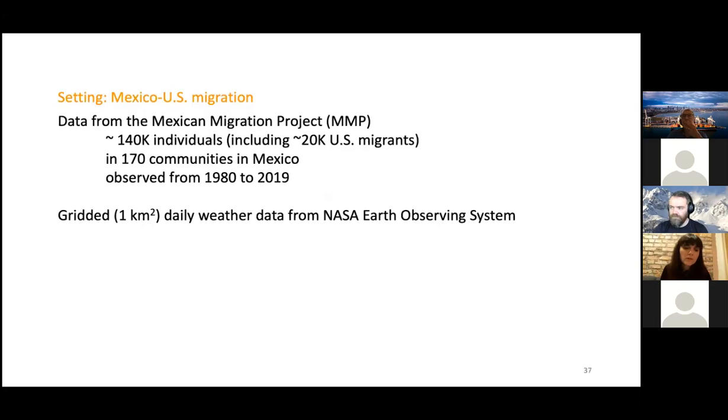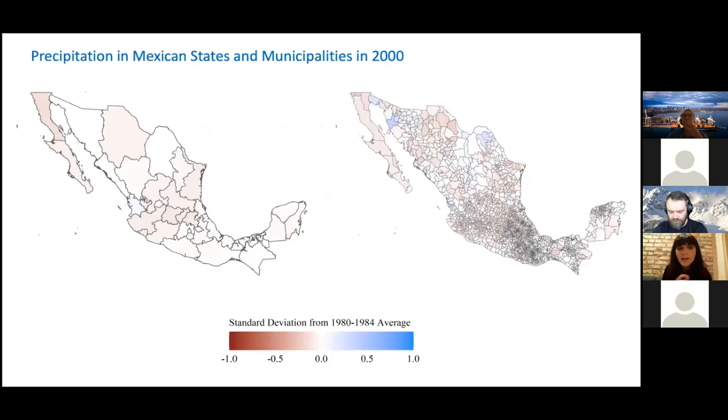So we take these communities and community boundaries, and we overlay weather data from the NASA Earth Observing System. So these are gridded data that cover every kilometer square space on Earth, and they're available on a daily basis starting in 1980. So this is where our data begins. And this is one of the first lessons that we learned. When we were looking at Munshi's work and some of the other studies, we realized that they were measuring weather at the state or at best at the municipality level. But with the NASA data, we're now able to measure it at the community level, which is a much smaller administrative unit. So we wanted to see if that made a difference.